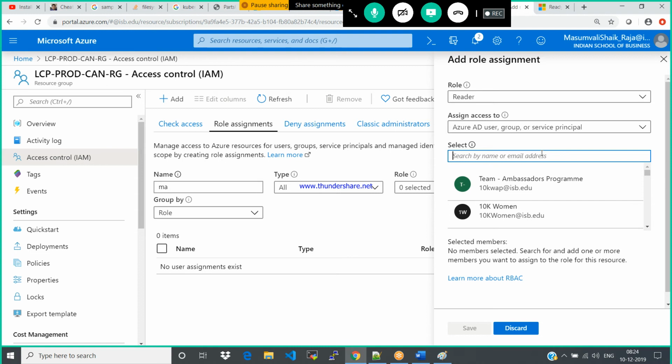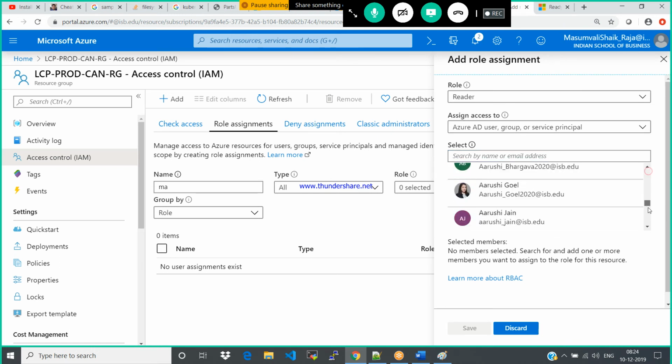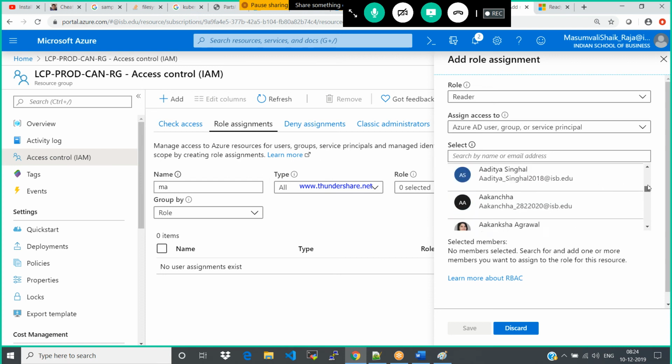So here there is a disadvantage. This is the new subscription. I have just created the subscription with the domain Indian School of Business, right? I haven't created any user, but all of these users have come. How is it possible?